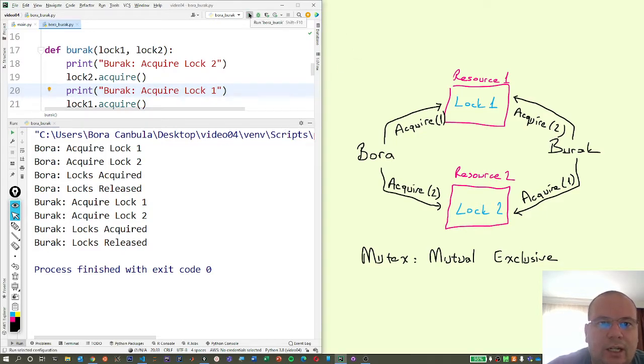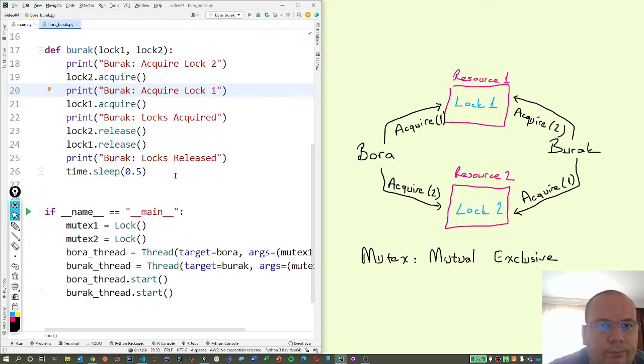Sorry. Just run again to see the correct output. Alright, this is the correct one. So Bora starts with log 1 and Burak starts with log 2 and then gets both of the logs and then releases the two logs. So there's no problem if this method just runs once. So I'm going to make them